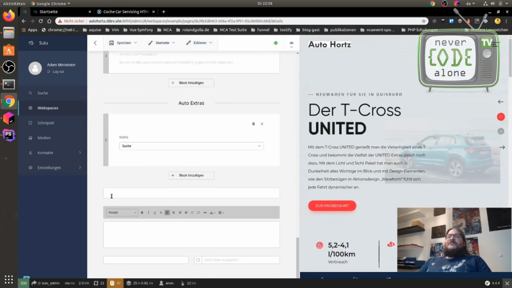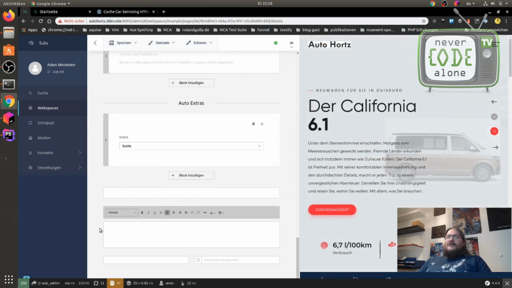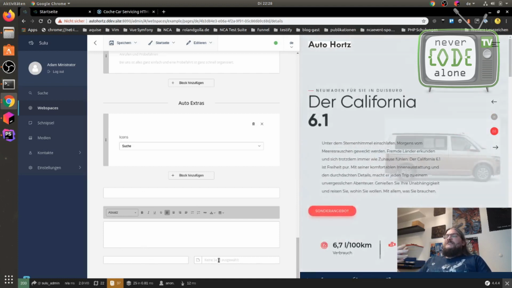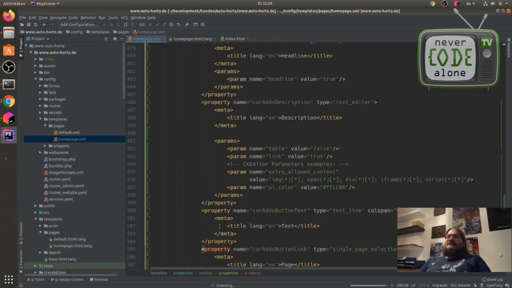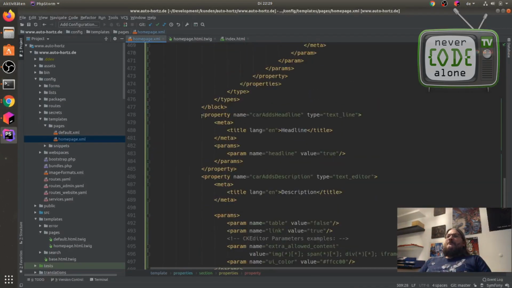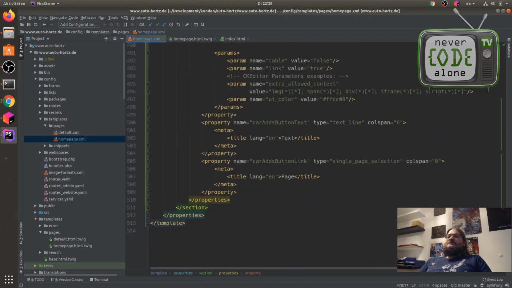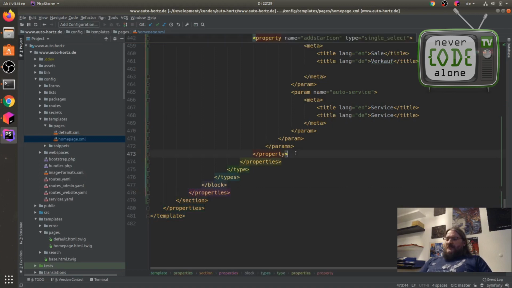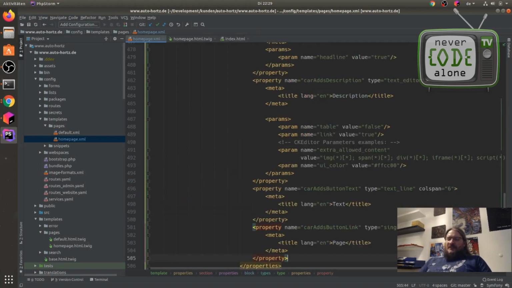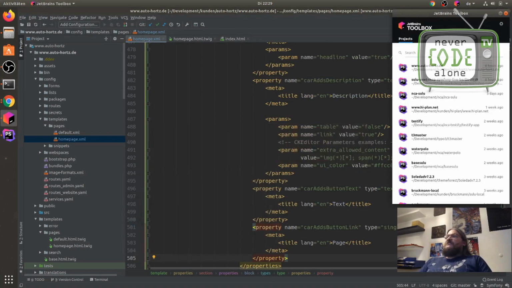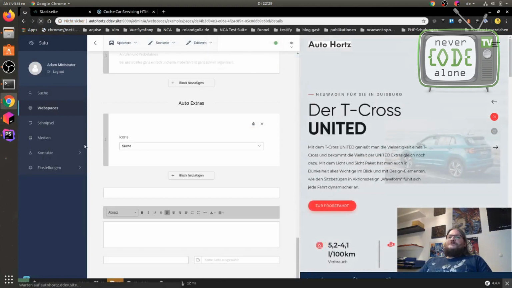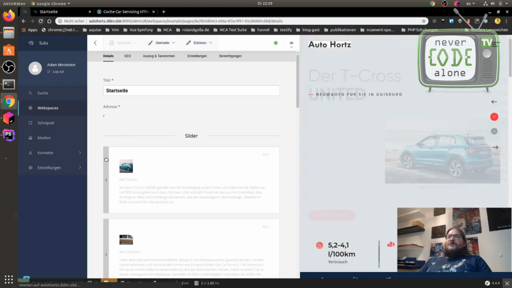And we see that our headline, description, and the link with the page selection are not in our block element. This is a little issue by me. I just have to cut it and add it here as properties to this element. So I have to move this section. And now when we reload it, it will be inside, I hope.